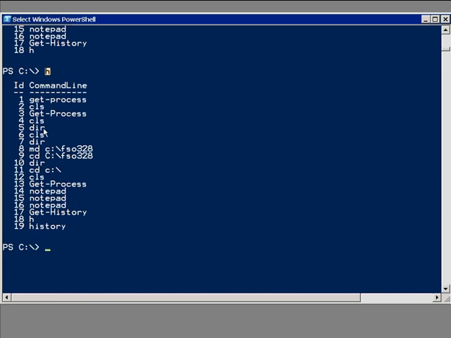Now, the next thing I'd like to do is to invoke a command. And we're not going to do that one because that's unlucky. So we'll do the one that's number 3. So how do I invoke history item number 3? Well, one of the ways that I could do this is if I just happen to know what it is, which I do. But if you don't, then we can use get-command to try to find out what it might be. So I can say get-command,